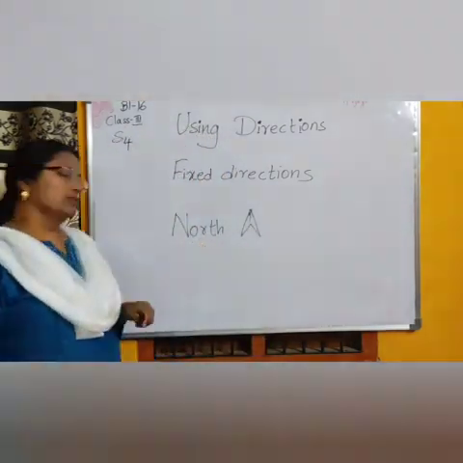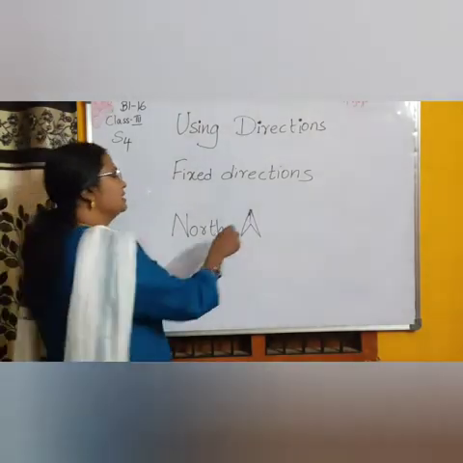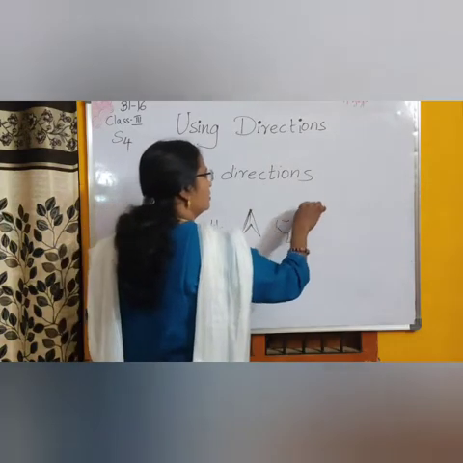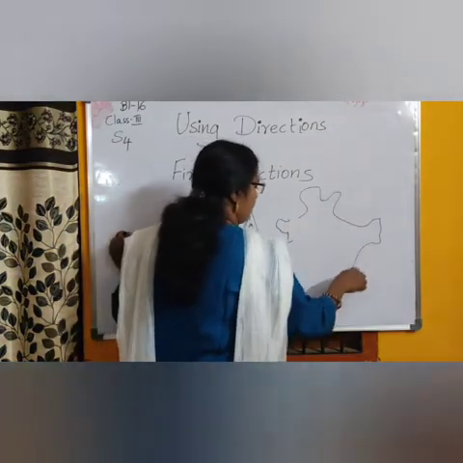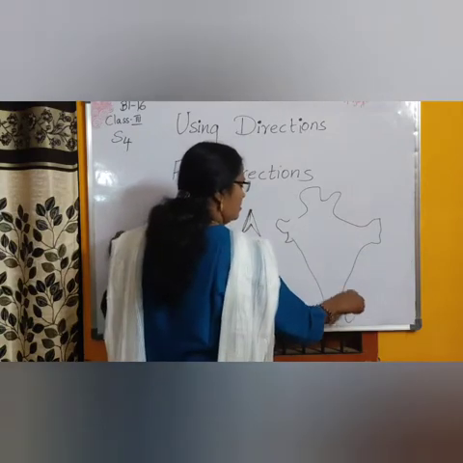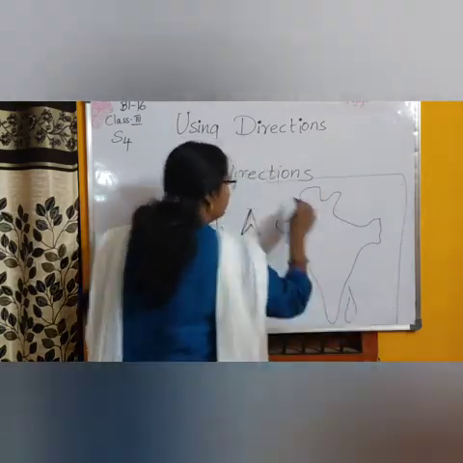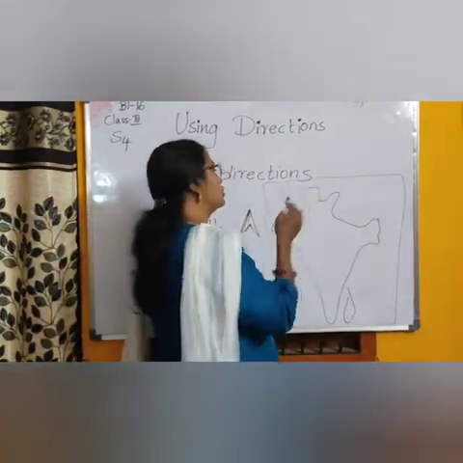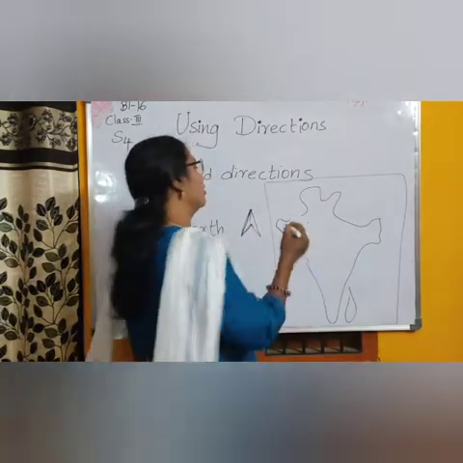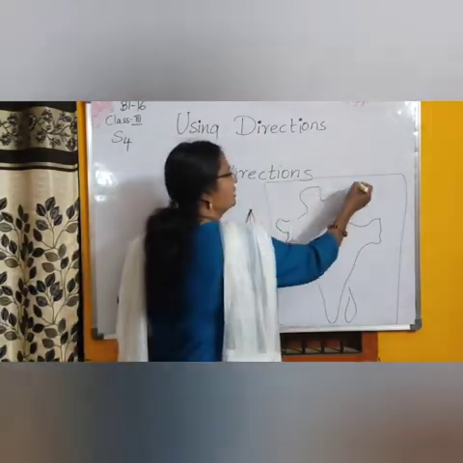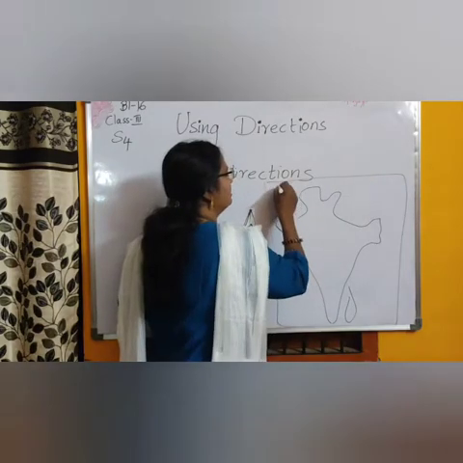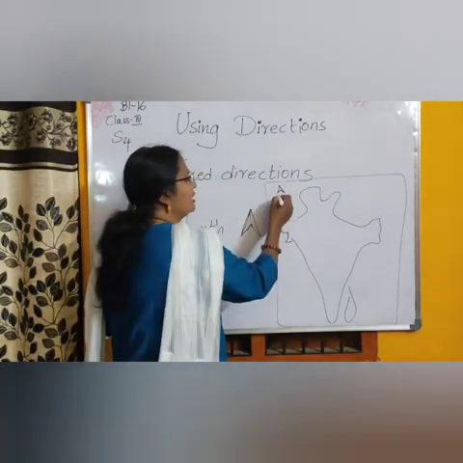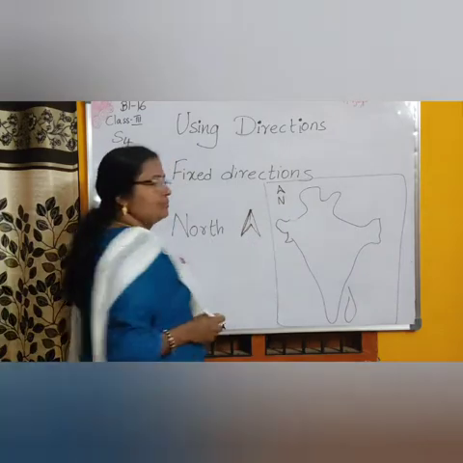And this is north. What is this here? It is like a small arrow. In most of the maps, this is just a rough diagram, right? In most maps, they'll show you which direction is north. For example, here, they'll put one arrow like this. Most of the maps in the atlas, they'll put one arrow like this and write N here.